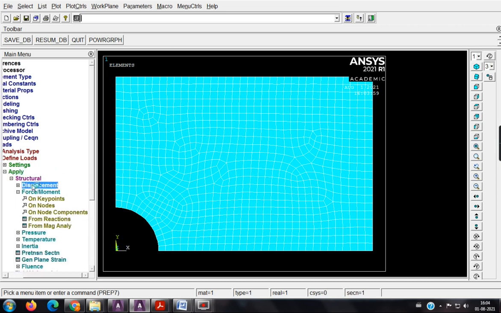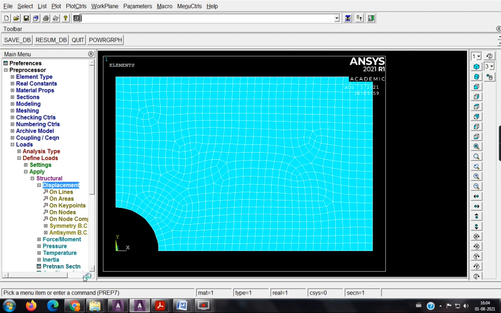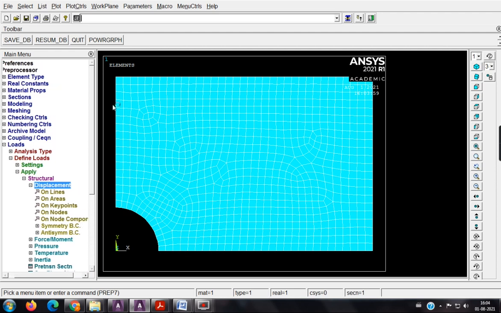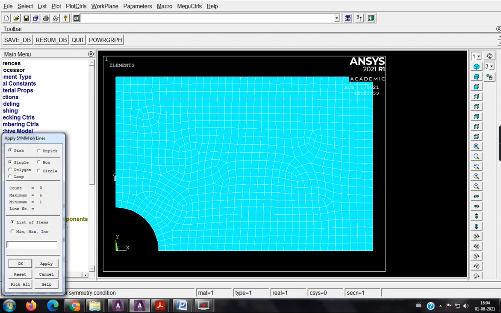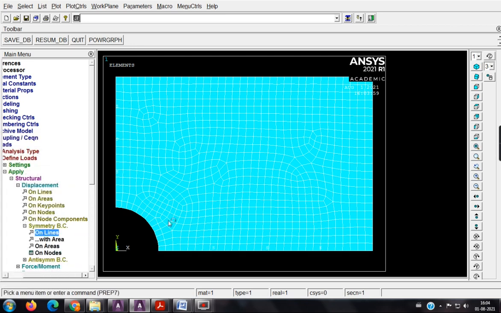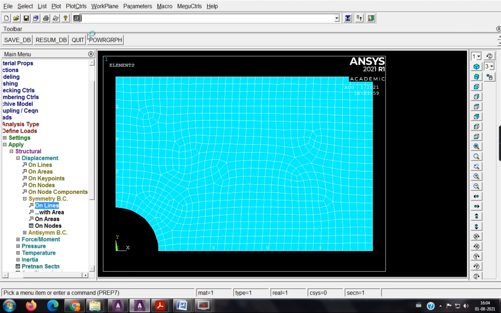Define loads, apply, displacement. First I have to give the symmetric boundary condition because I created 1/4 of the plate. For that, symmetric boundary condition on lines, pick these two lines. See, it has been created, which means the symmetric boundary condition is given.